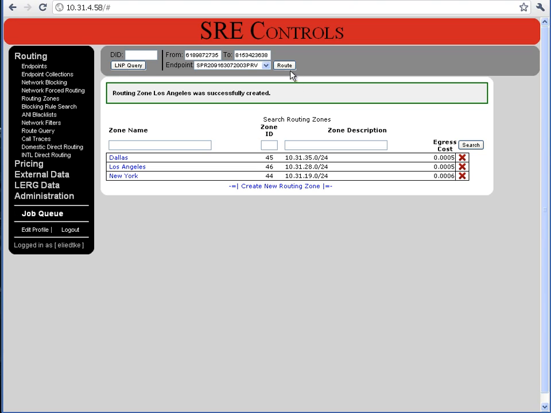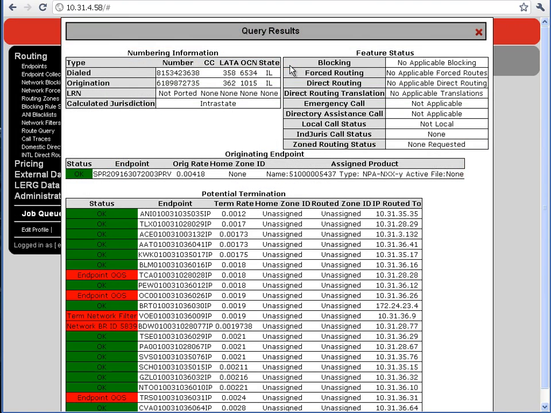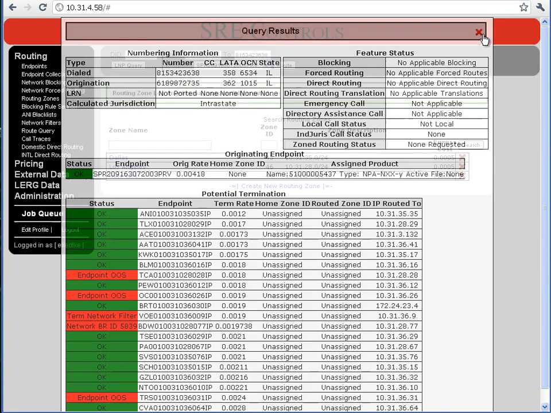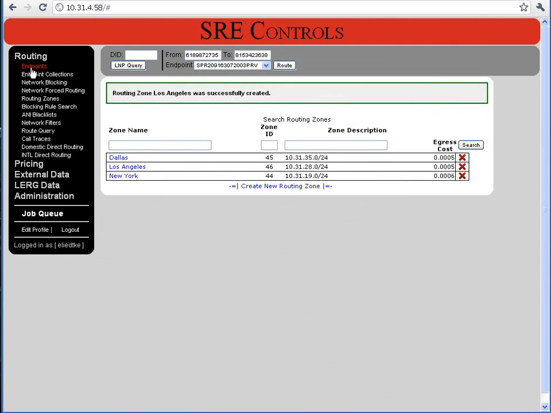So let's go ahead and check our route query and see if anything's changed. And probably not all that surprisingly, the query results have not changed in any way. As well, they shouldn't have. We're not actually using zoned routing yet. All we've done is created the zones in the system. So let's go ahead and close that up,